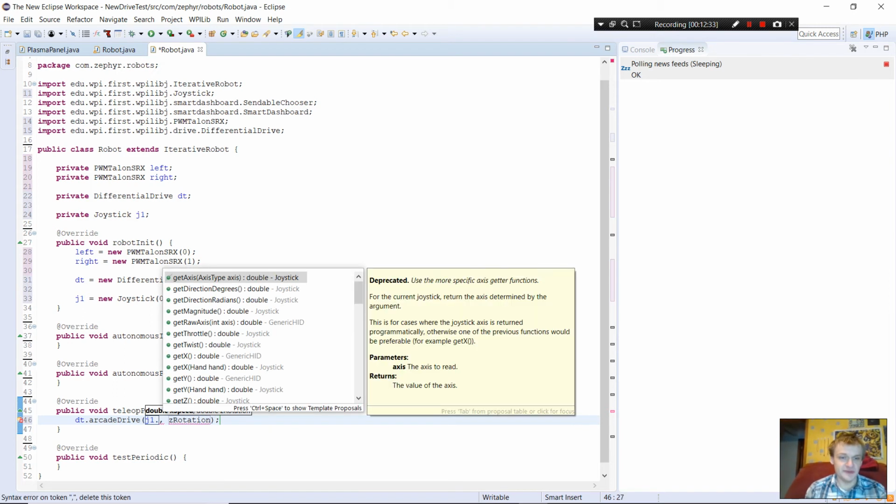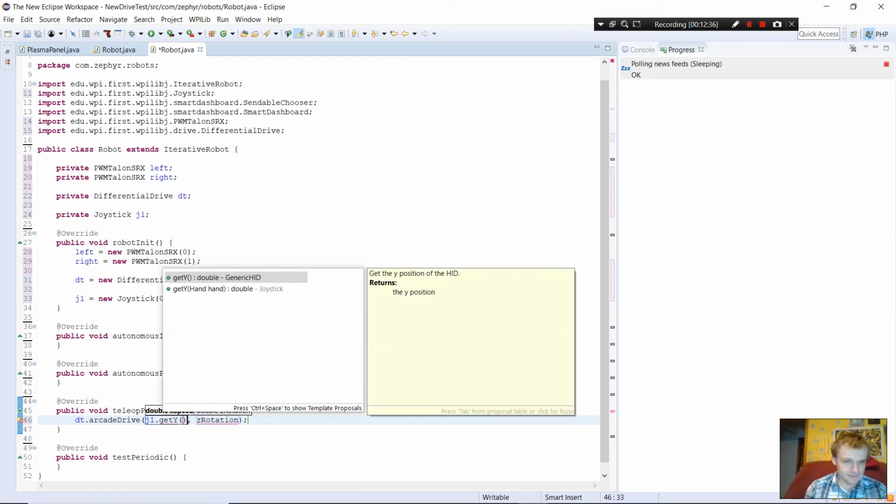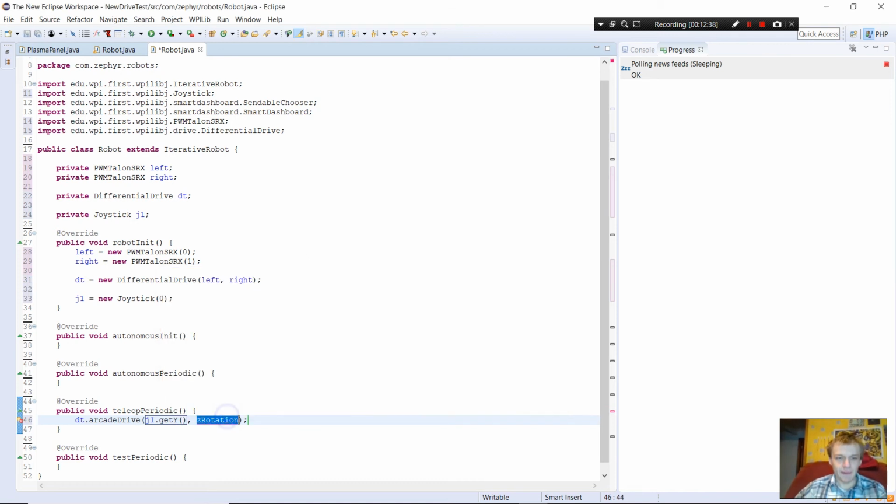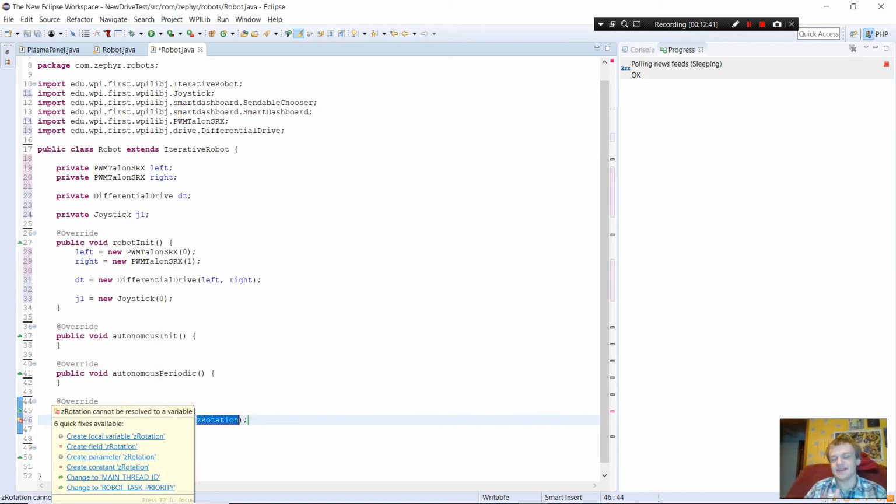So the way we would do that is we just say j1.getY. And that will produce the primary y-axis on a joystick, usually whatever is going forward and back. On an Xbox controller, if you're using joystick and not the Xbox controller class, it's almost always, with the exception of some cheap Chinese Xbox controllers, going to be the forward and back axis on the left joystick. And then for the Z rotation, you're not actually using Z, you're using the X-axis,